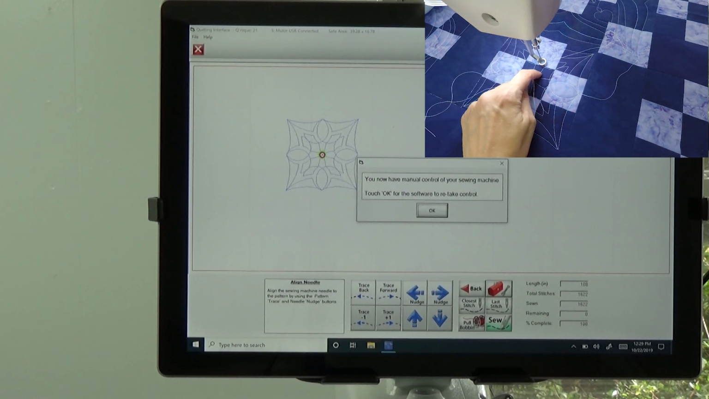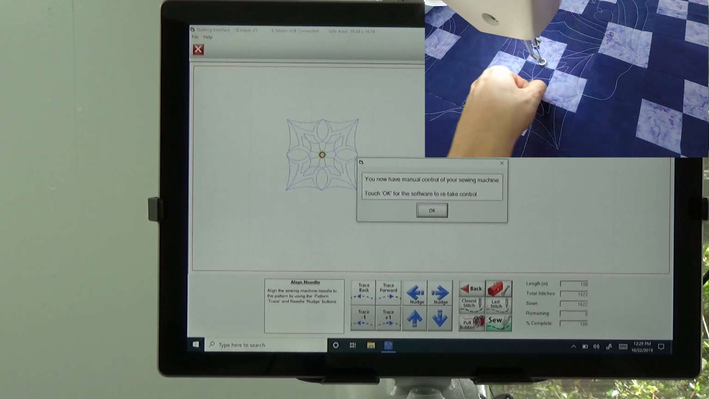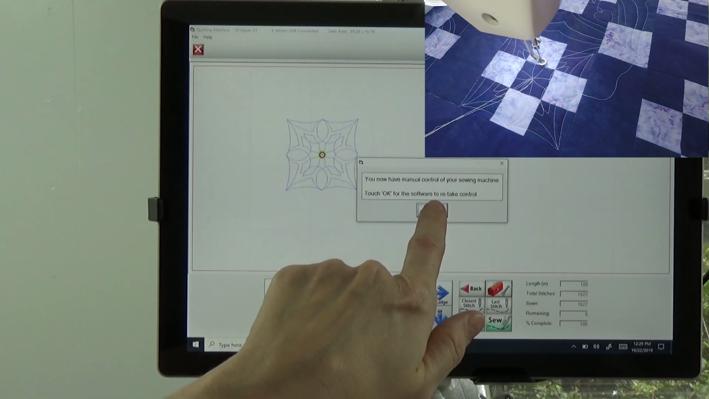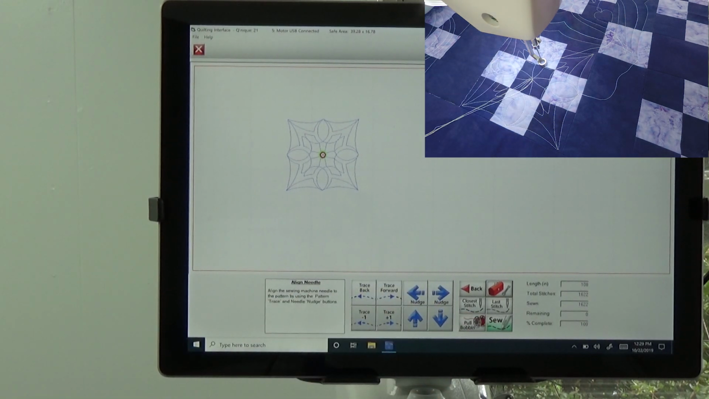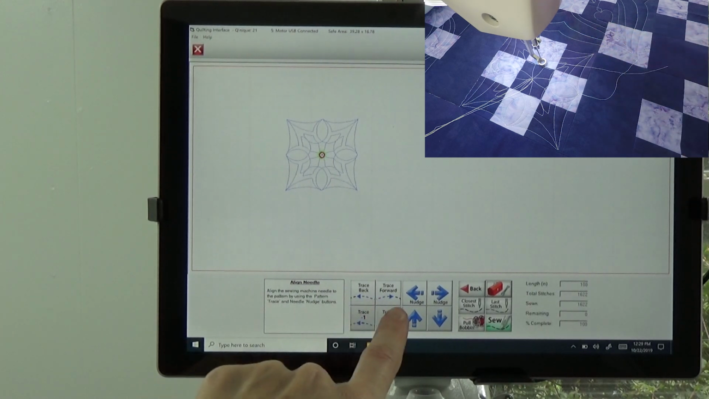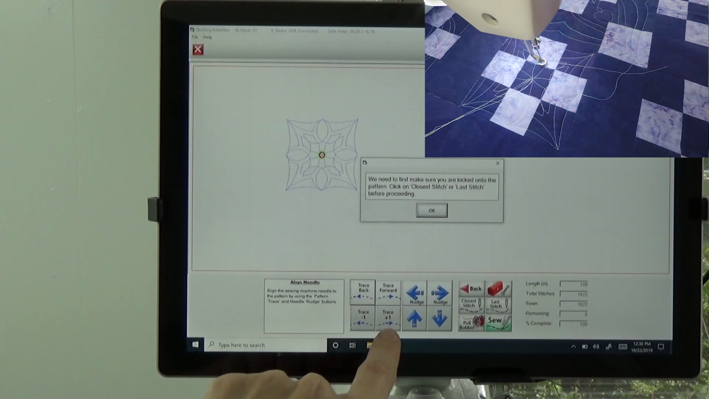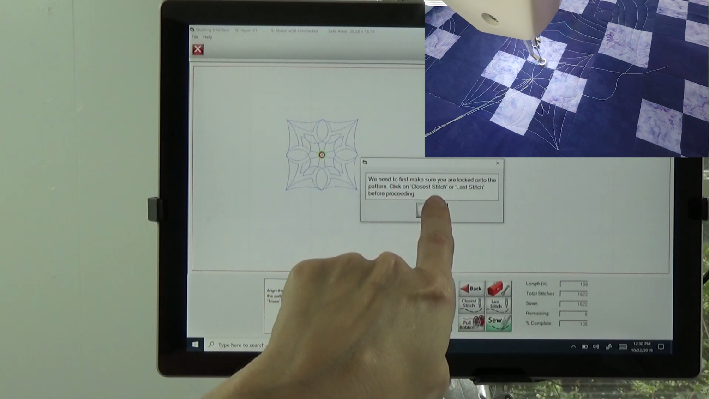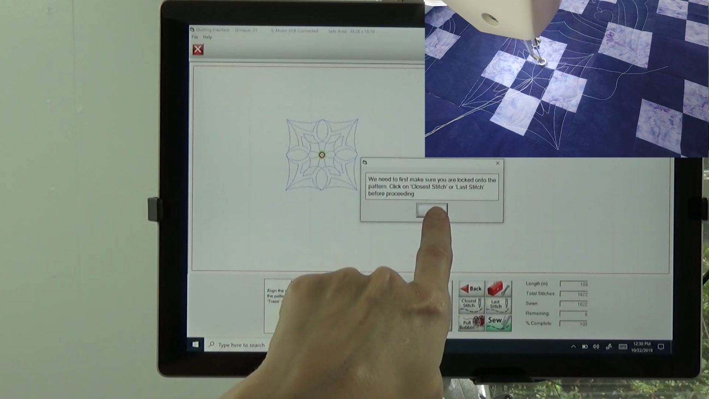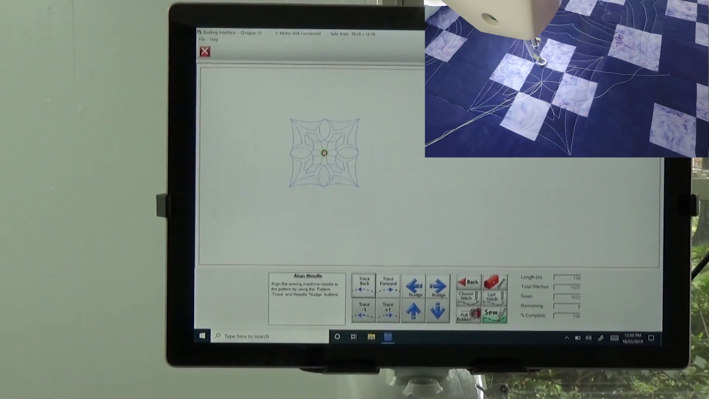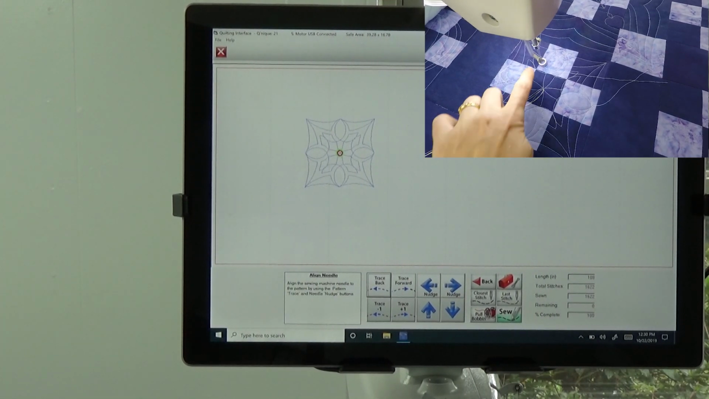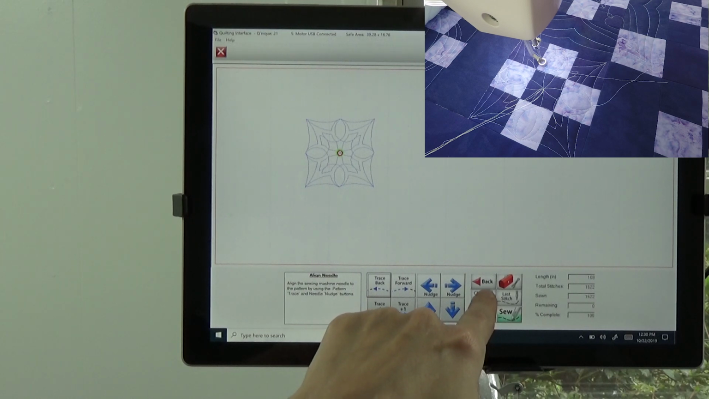But let's say that this didn't break thread right in the center and finish it off super nicely. Let's say that we actually broke thread and ran out somewhere back here. Well, here's what we would do. I'm going to say, okay, we can take back control over the machine, and then I'm going to go trace back, okay? We need to first make sure that you are locked into the pattern, click closest stitch or last stitch before proceeding. I'm going to move the machine and try and get the needle as close to that spot right there as I can, and I'm going to click closest